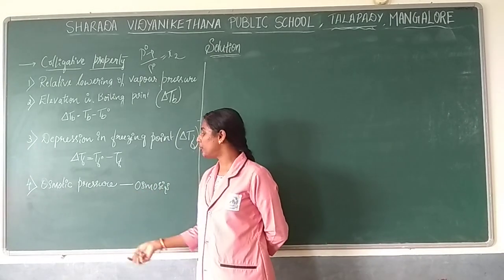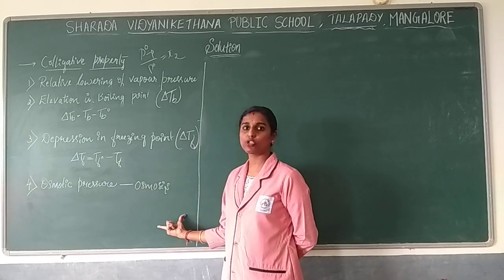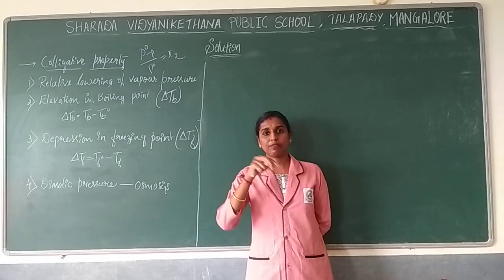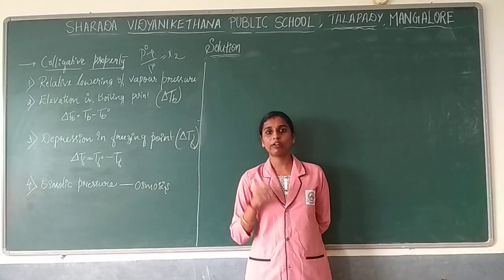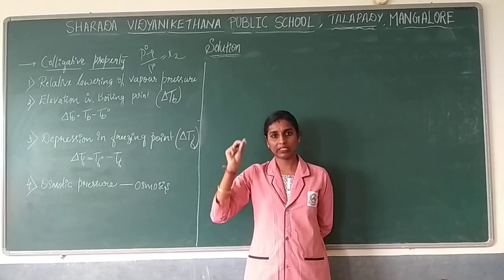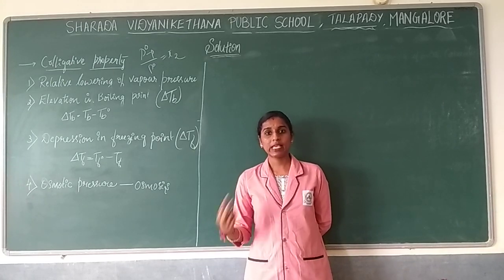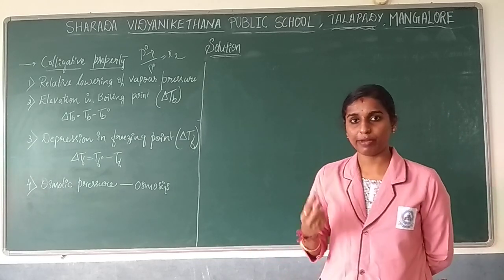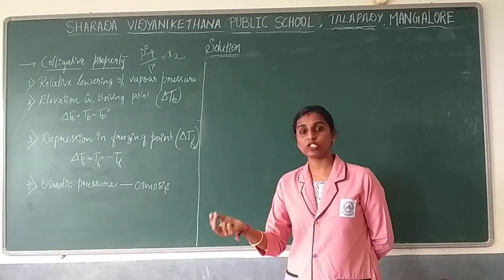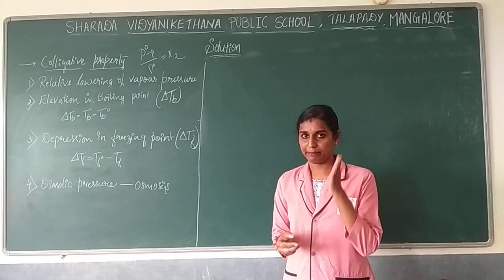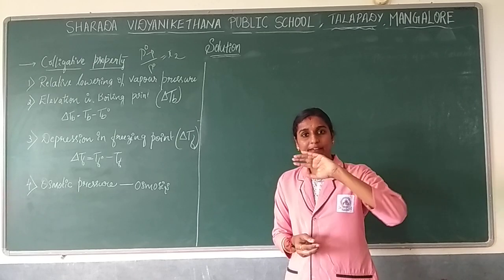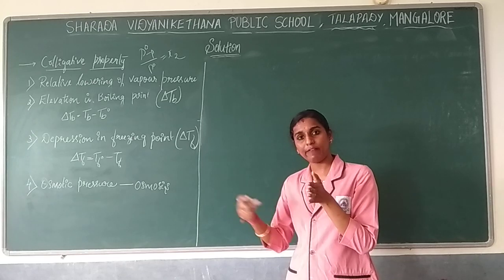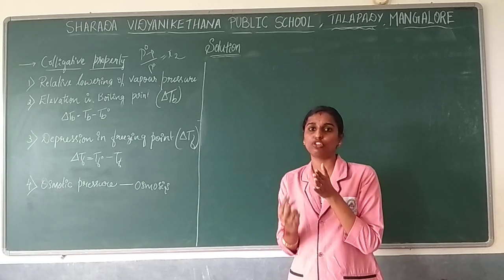Before going to osmotic pressure, you should know what is meant by osmosis. For example, dry grapes dipped in water. You might have seen at home, your mother soaks dry grapes in water. By next morning, what will happen? The grape will swell. Why is it so? Because of the movement of particles, in the sense the solvent, through a membrane. The grape has a certain membrane, and through that membrane the solvent molecules, in the sense your water, enter the grape.